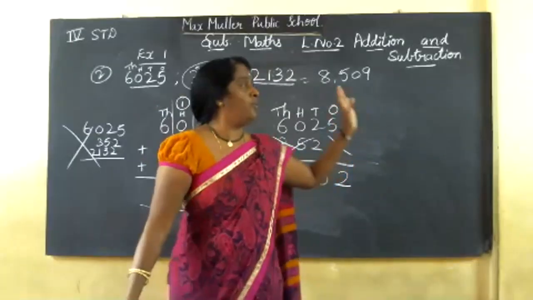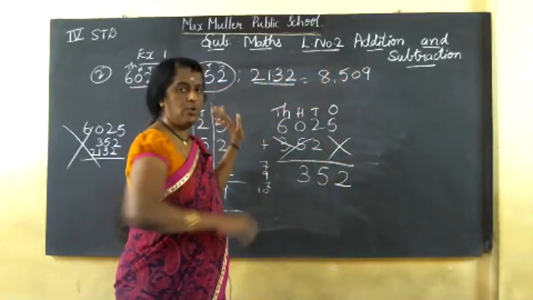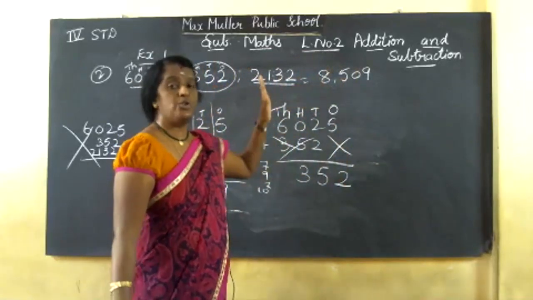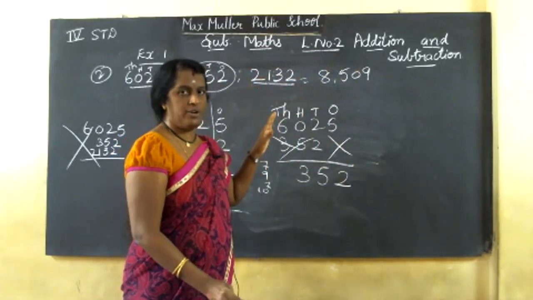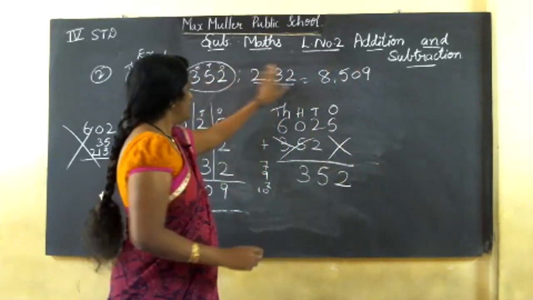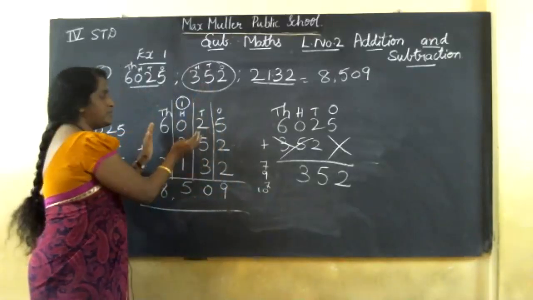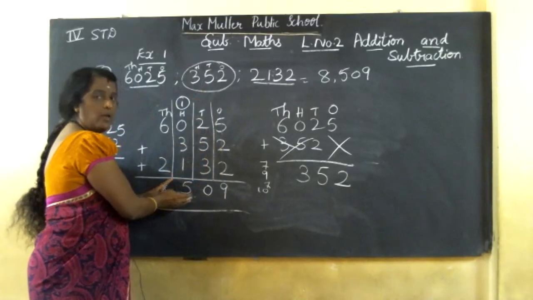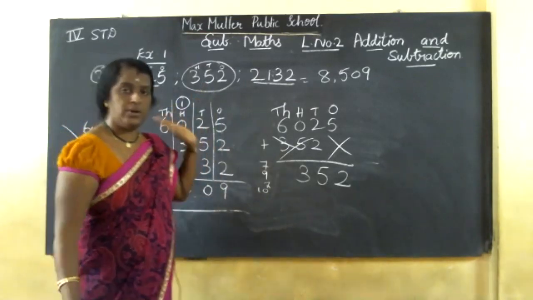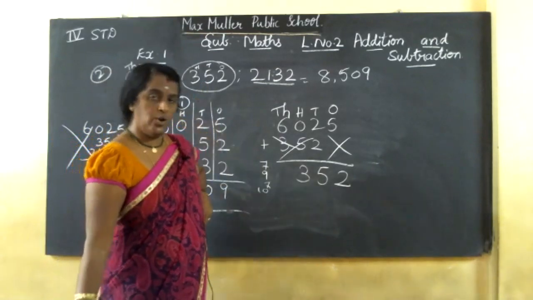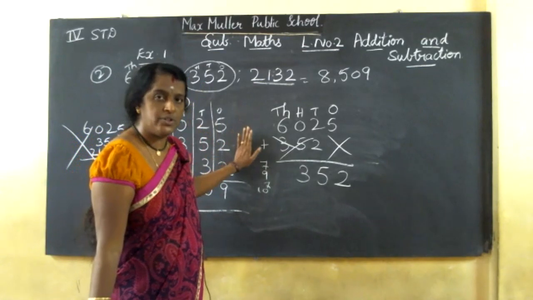You may think, oh ma'am is writing lesson number 2, addition and subtraction, will copy in the classwork. No. What I am doing, you should learn that. Textbook part, you write in the textbook only. See this. In the textbook, no place to do this and all. So this you practice in your rough book. What I am writing on the board, you should do it in your rough book. Last year's book is there, no? Old book and all. So this and all you should practice in your rough book, children.